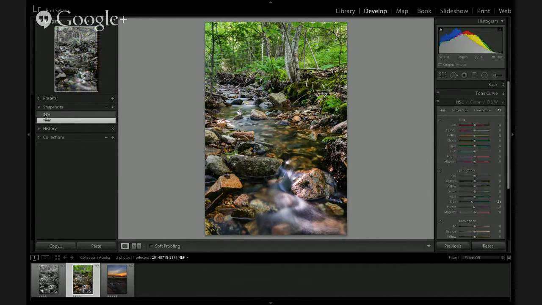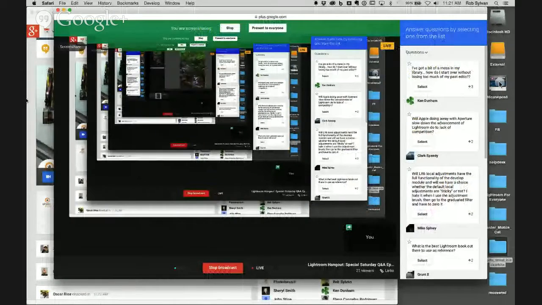So if you had virtual copies that you really had to save and you didn't want to lose, make a snapshot of it. It'll be stored, and snapshots can be written to XMP metadata. And that's a way to preserve it. So hope that helps. Once you've gotten all that information written to your photos, then you can close Lightroom down, and